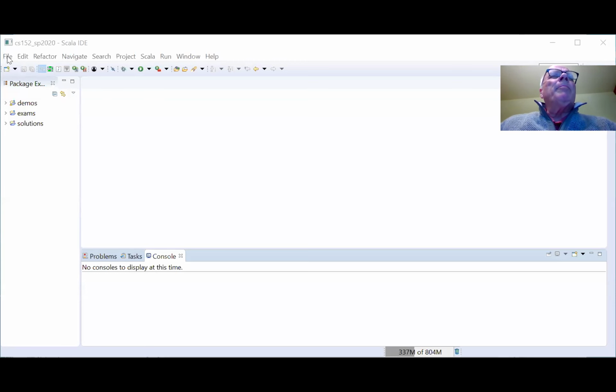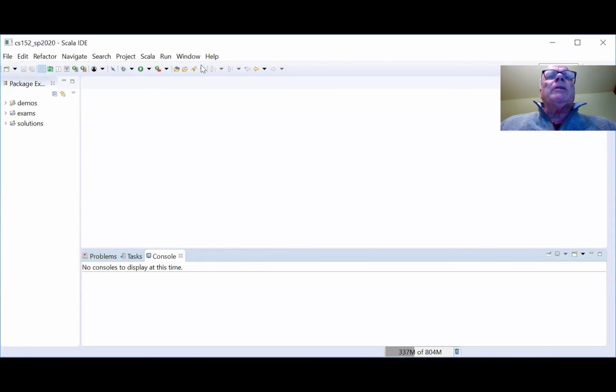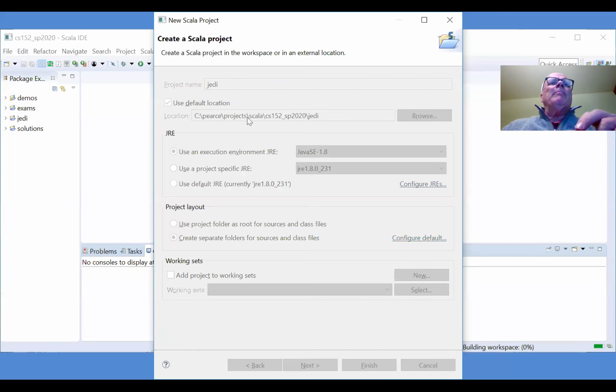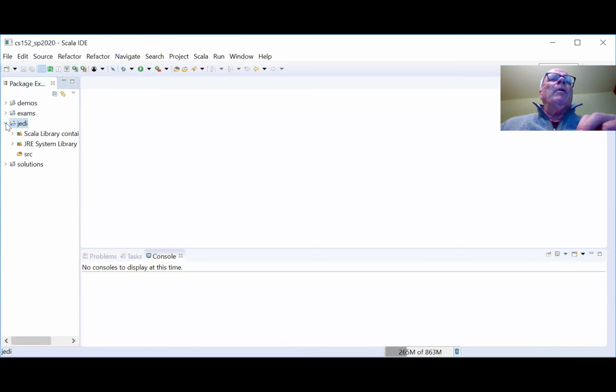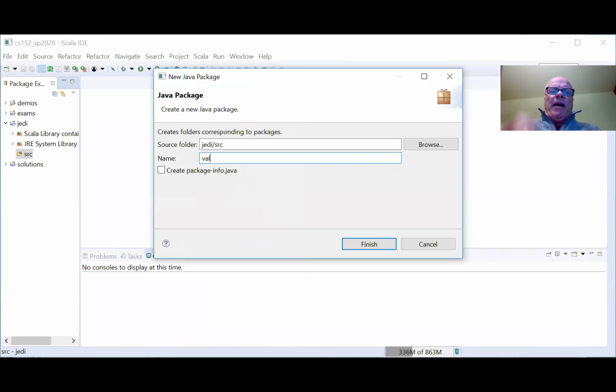So I'm going to create a new Scala project. Okay, and my project will be called Jedi. Now expand that in source. Let's create a new package called value.